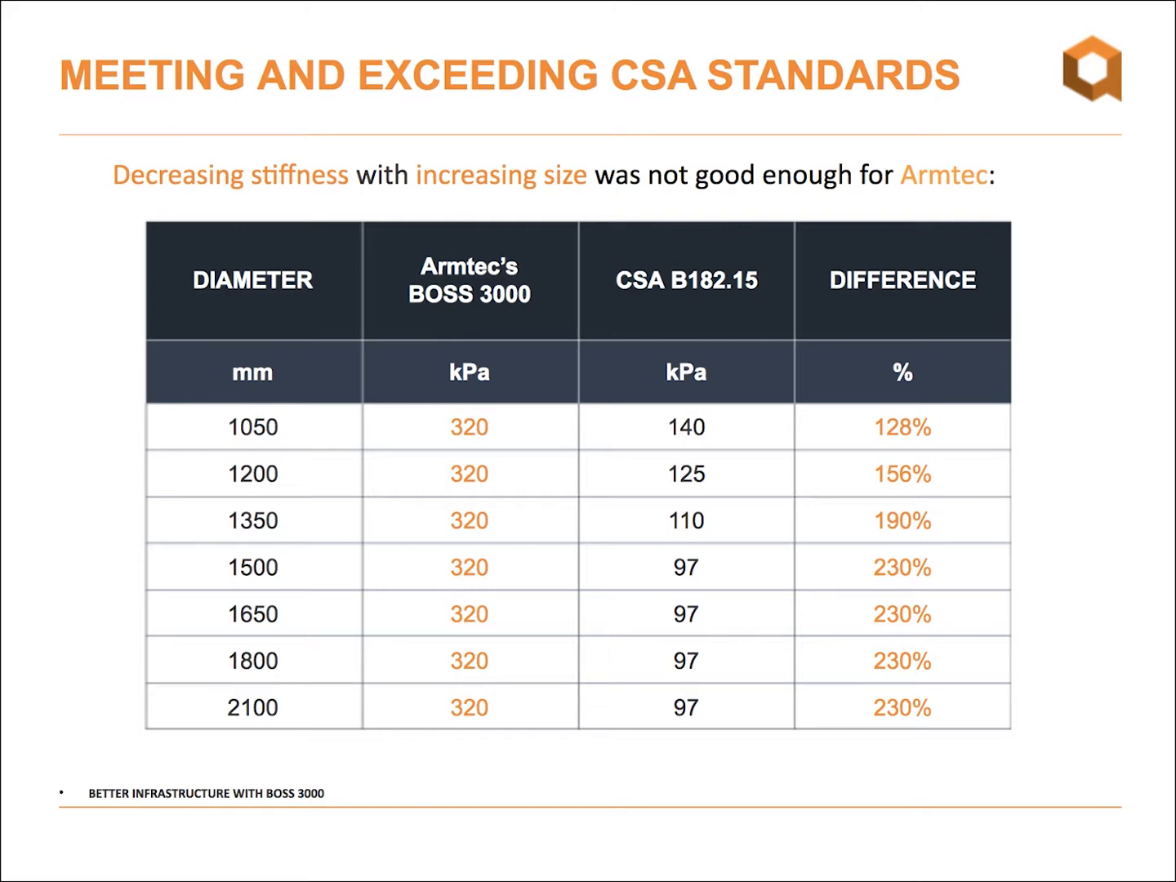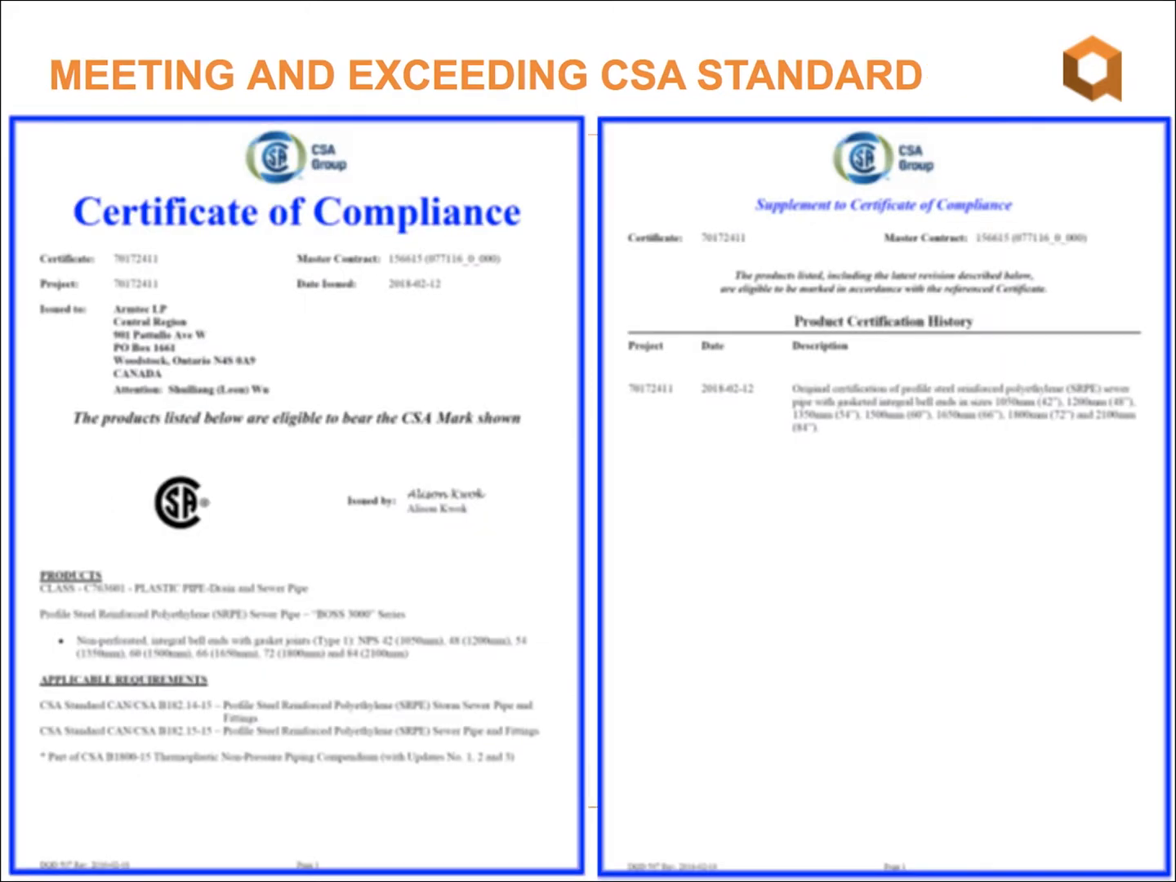And all this has led to the Holy Grail. Armtec's Boss 3000 steel reinforced polyethylene pipe is currently the only steel reinforced polyethylene pipe in the Canadian market that is certified as meeting and exceeding the requirements of the CSA standards. And this certificate of compliance can be found on the CSA Group standard. We are listed by CSA, a third-party examiner, as meeting and exceeding the requirements of CSA